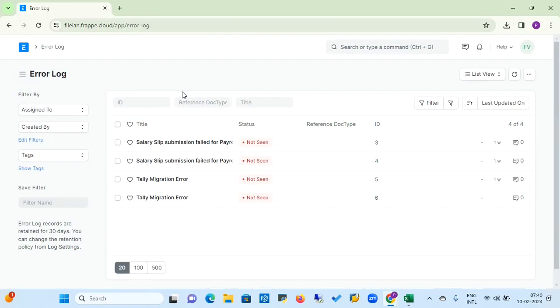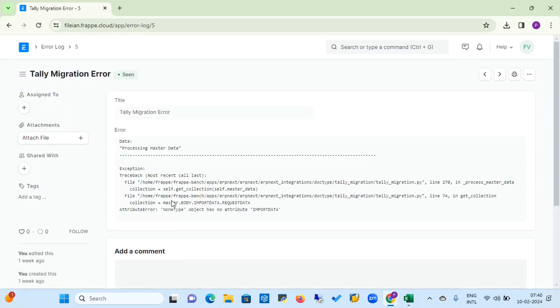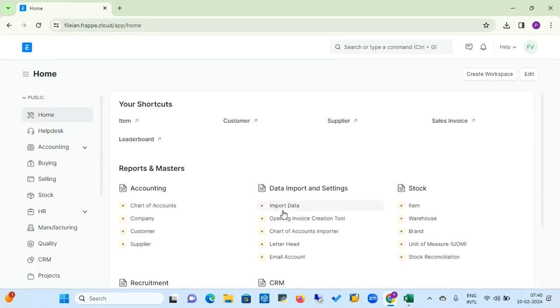Now if you go to the error log, you can see that this kind of error log has been generated. If you go to the error log, you will get the details, because some programming features are required. So for that we have suggested that to migrate from Tally data, you need a techno-functional consultant. The process is the same, where you can migrate data from Tally,